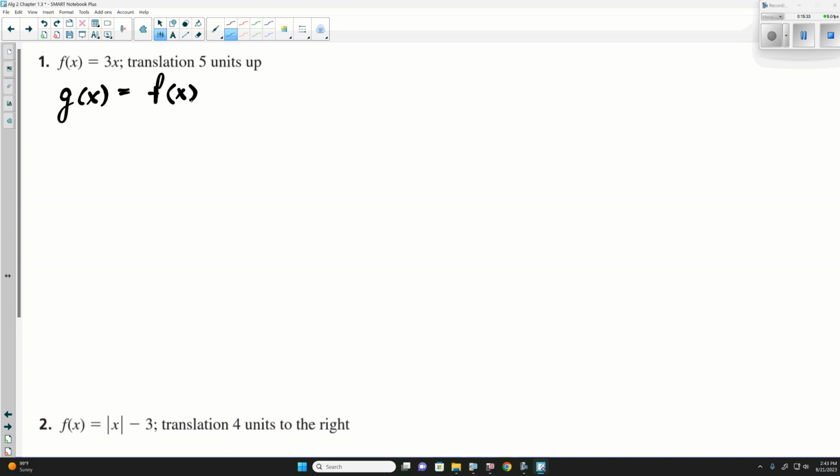F of x plus k, because we're moving up or down. Now, what is our value of k? 5, and it would be positive, because we're going up. Now we just need to replace f of x with its function, which would be